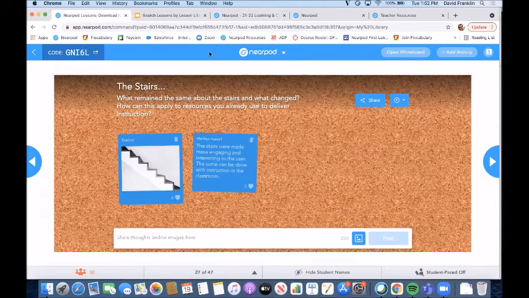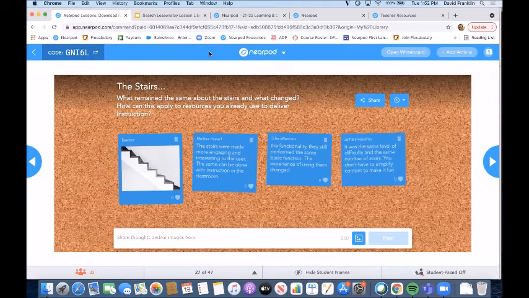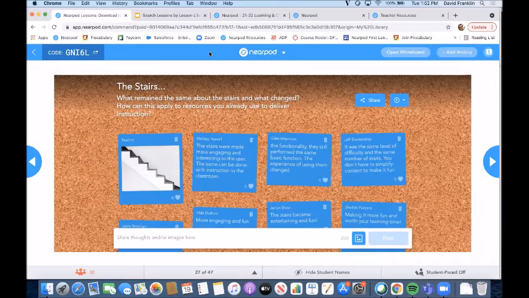And I know you don't have names on your end. I have the names on my end, but Melissa, thank you for getting us started here. The stairs were made more engaging and interesting to the user. The same can be done with instruction in the classroom. Absolutely. Love this next one. The functionality, they still perform the same basic function. The experience of using them changed. Absolutely. You still have to walk up the stairs. It's still the same amount of effort,